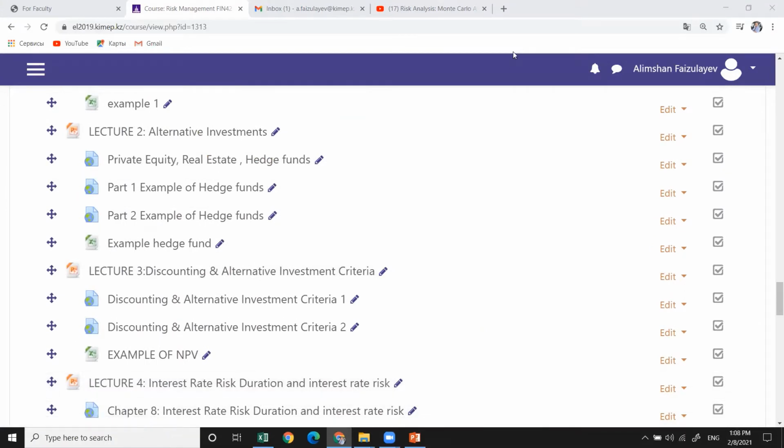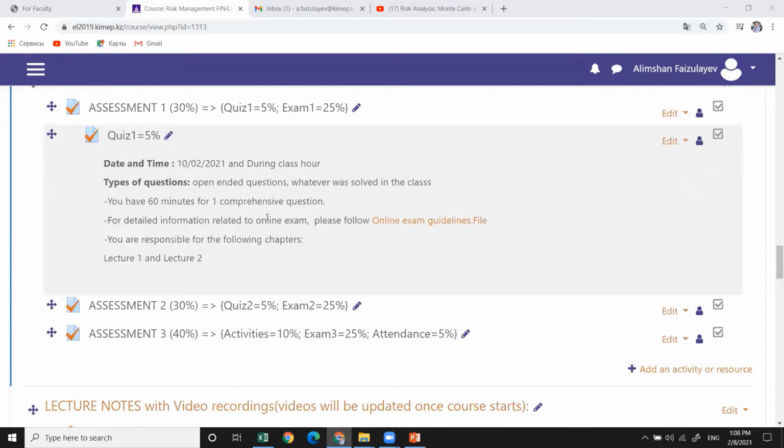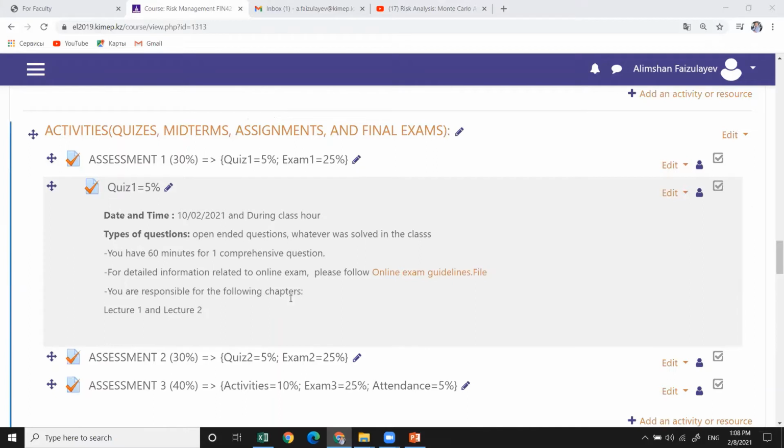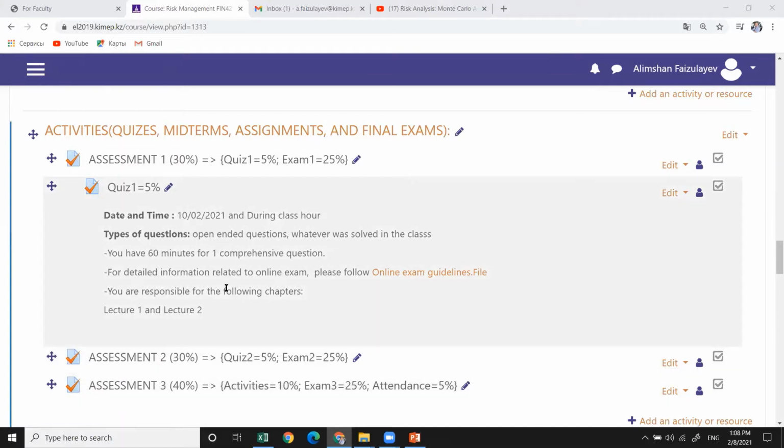Almat asks: the weighting of 5% will be the same, yes? Yeah, there were no changes, whatever we have discussed. As you can see here on the module, it's proof there will be no change in the weight. The weight could change at the final assessment: if your first 2 exams are really bad, I might consider some curving and rescheduling the grading. But I believe you can do your best in both exams. And the final exam will actually be scientific work that we're expecting you to write and submit.